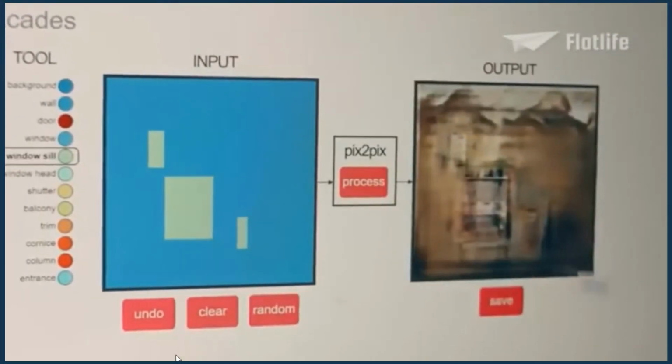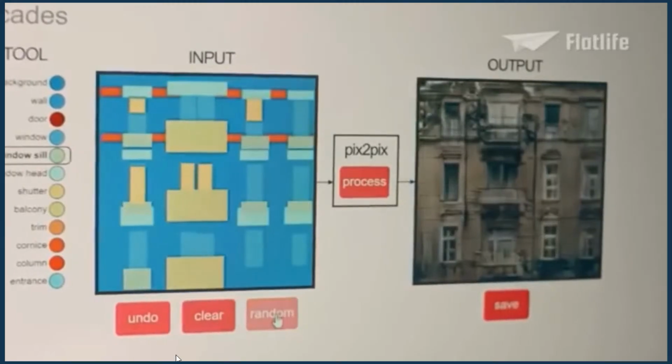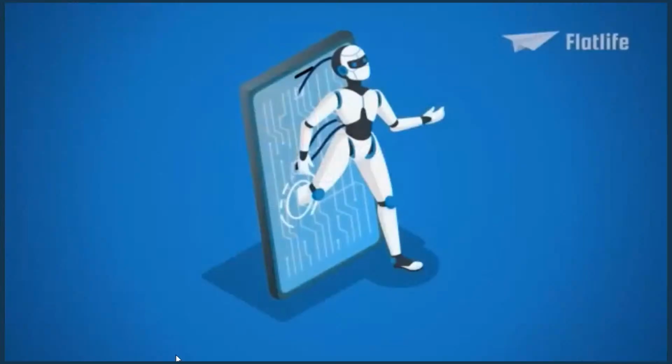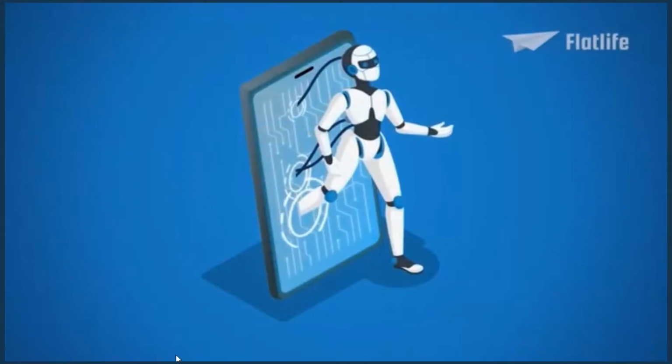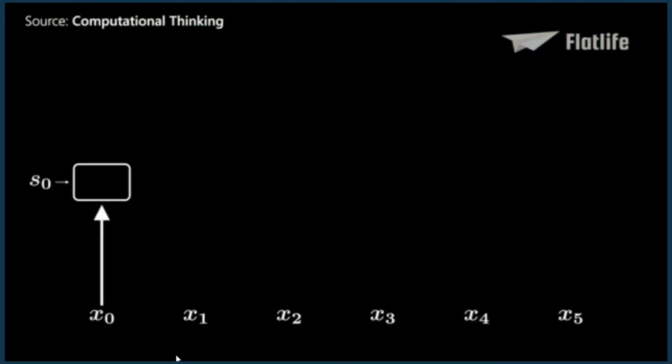With the invention of transformers, which are deep learning models, not robots in disguise, AI has been able to take another massive leap forward in recent years. As an example,